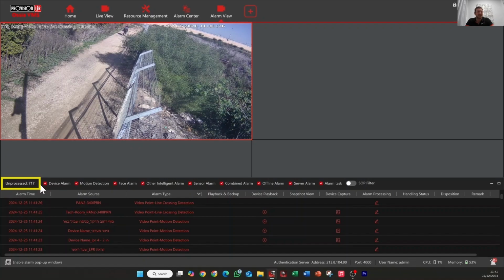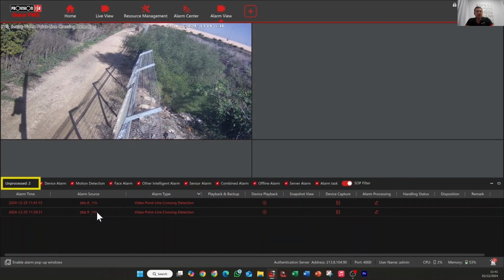Now, as you can see, this is an unmanageable amount of alarms that he needs to process. So what we've done is we've created an SOP filter. When you click it, it only displays alarms that have come through to your VMS that have got SOPs assigned to them. This way, you're basically telling your operator to only focus on specific alarm types and ignore everything else. Because once the SOP filter is enabled, he's got only 2, in this case, alarms that he needs to process